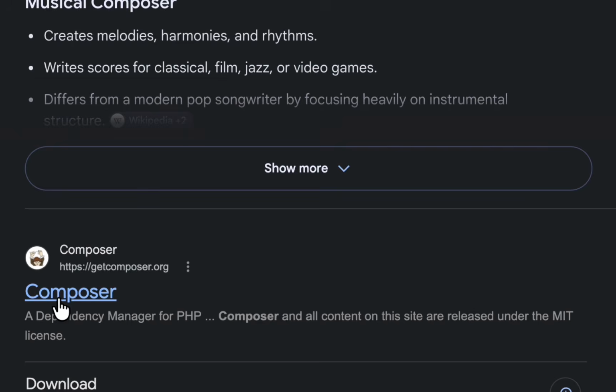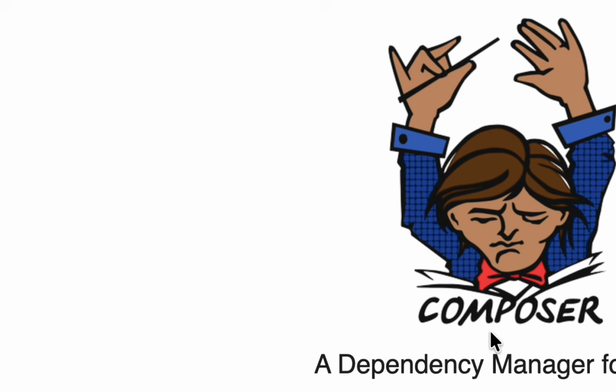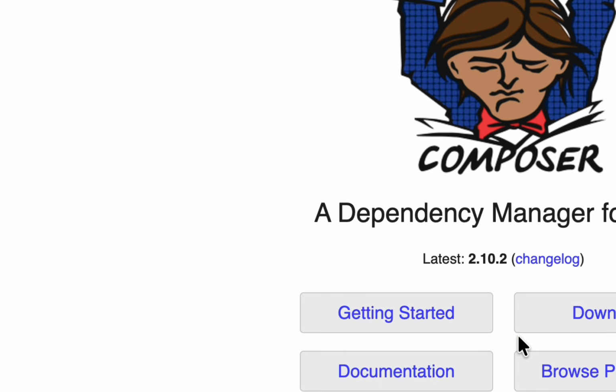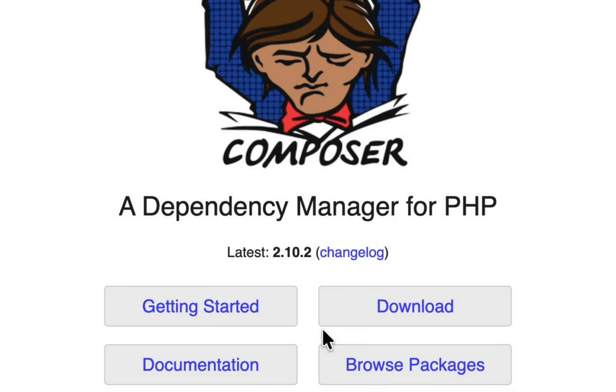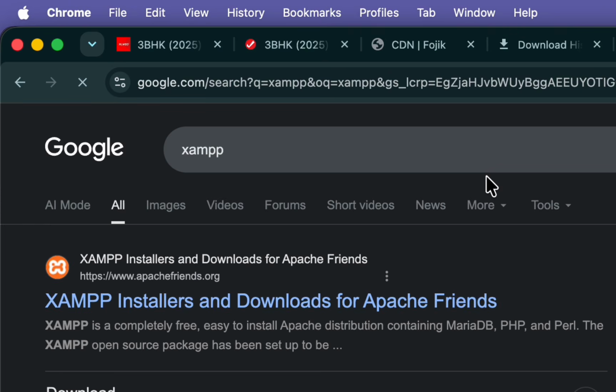Composer, and you have to install this. Let me show you. Here you can see getcomposer.org. You can go to that link and download this, and install it. And after that you need a server, right? So we have XAMPP here. To install XAMPP, you have to go to the XAMPP official site. You can search XAMPP in the browser, and here you can see